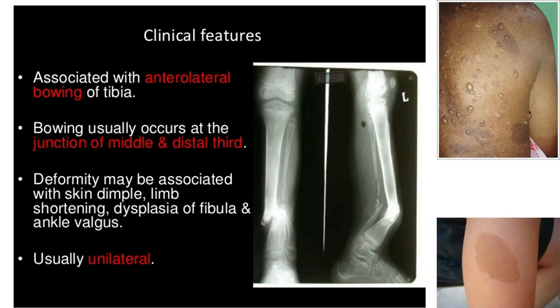the clinical feature of pseudoarthrosis of tibia is anterolateral bowing of the tibia, and bowing usually occurs at the junction of the middle and distal one third. The deformity may be associated with skin dimple, limb shortening, dysplasia of fibula or ankle valgus, and usually it is unilateral. There is a chance of involvement of café-au-lait spots like this. And you must take a history of his family, whether his father or mother is suffering